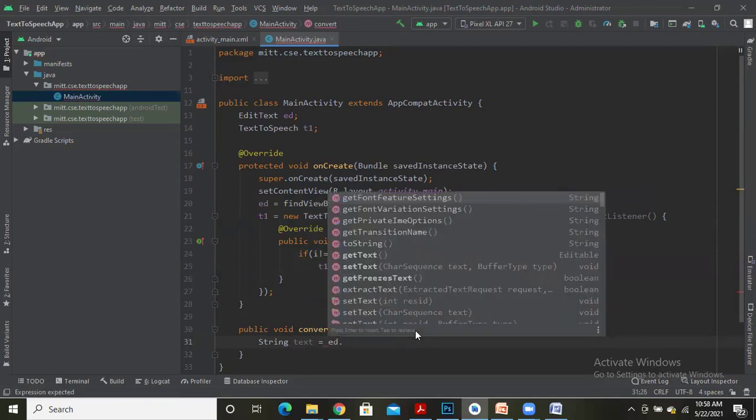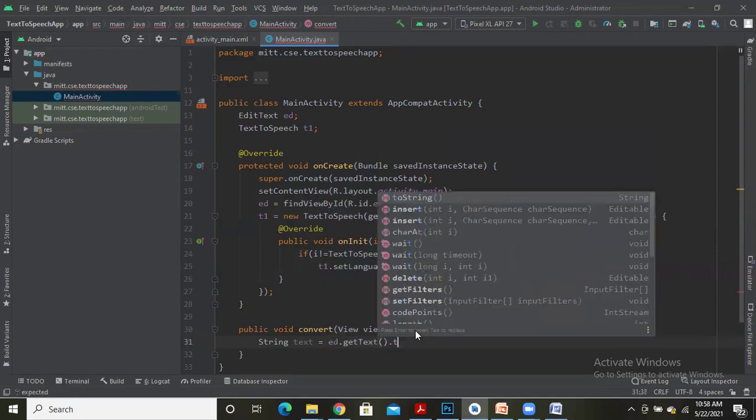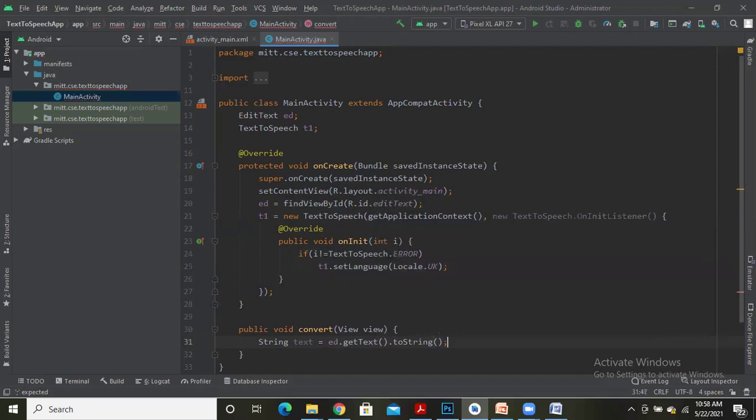To retrieve the text, we have the method getText. Whatever text is obtained, let me convert it into a string, toString. So from the edit text field, we retrieve the text, convert it into a string, and place it into the variable text.